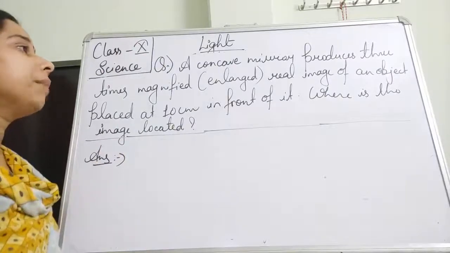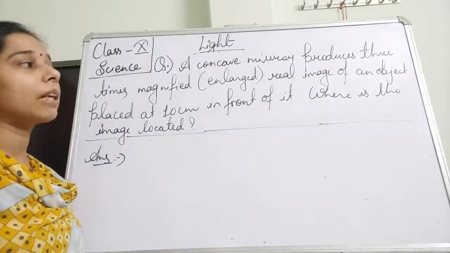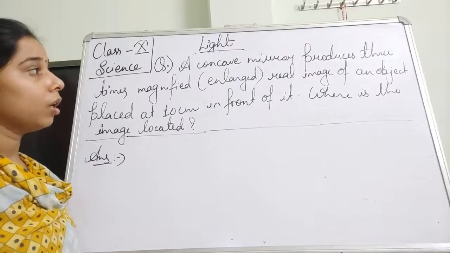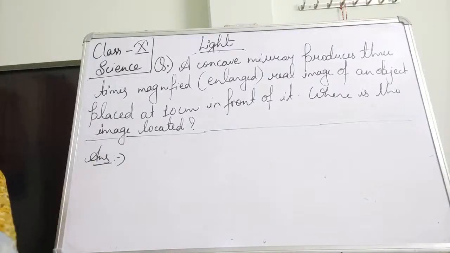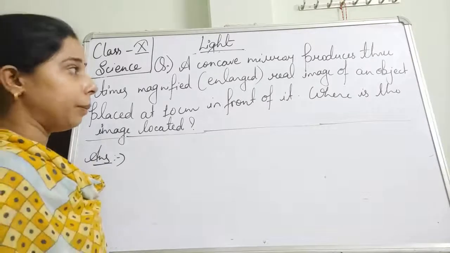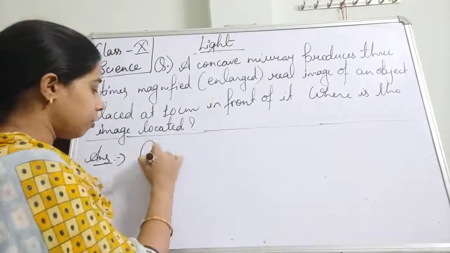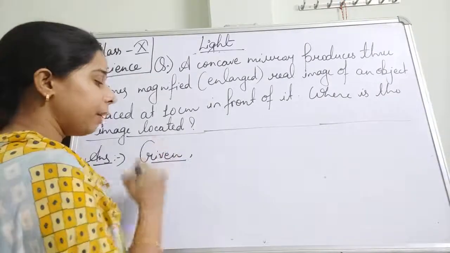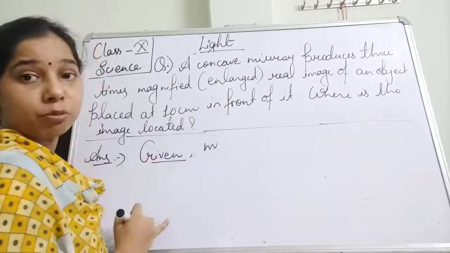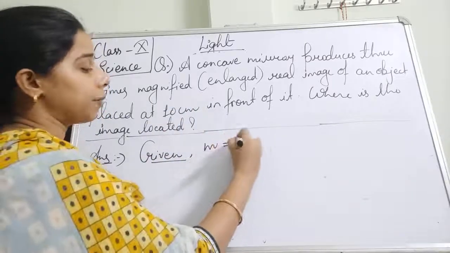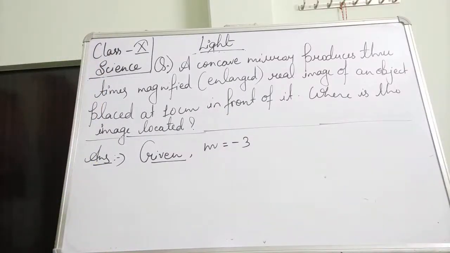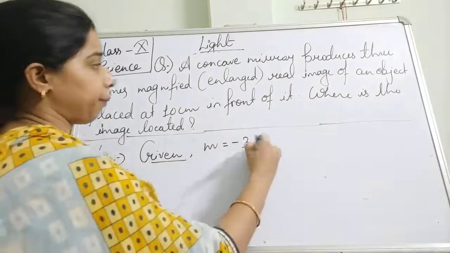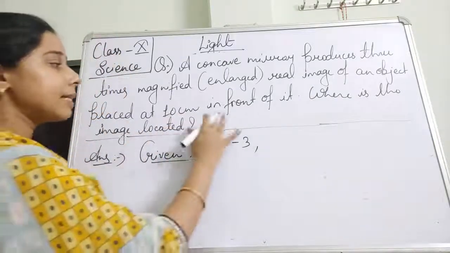A concave mirror produces a 3 times magnified real image of an object. So the concave mirror is producing an image, but this image is 3 times that of the object. What is given here? The first one is that a real image is there, so magnification is produced, and magnification is 3 times, that is minus 3. Okay, minus 3. Why? Because the image is real here of an object placed